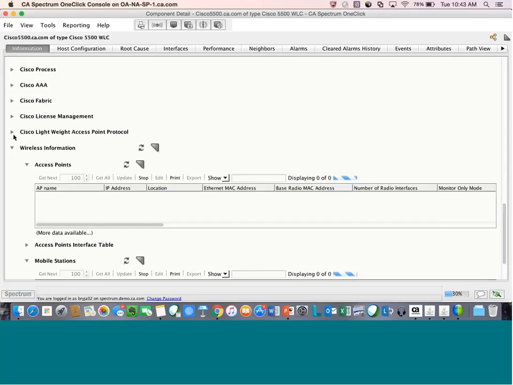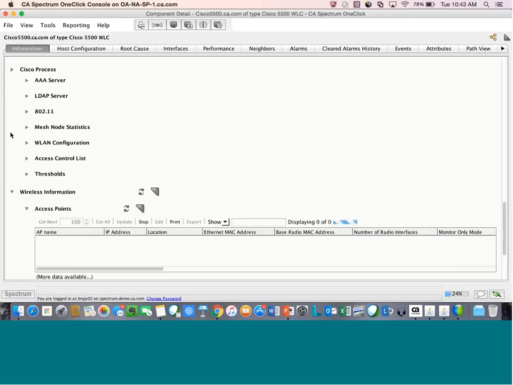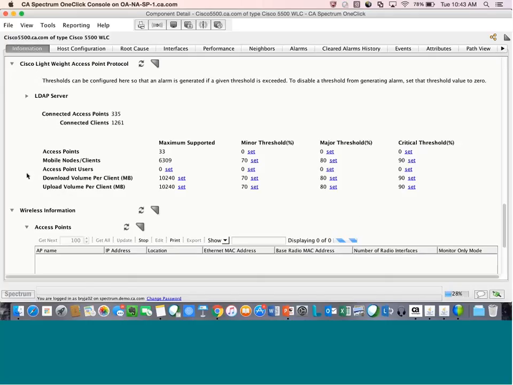But let me click on the lightweight access protocol one as well. And here's where we can get into the thresholding that Kiran was mentioning. So we can set the number of access points per controller, if that's a concern, number of mobile clients, access point users, and then we can also do it on per individual download and upload volume per user.